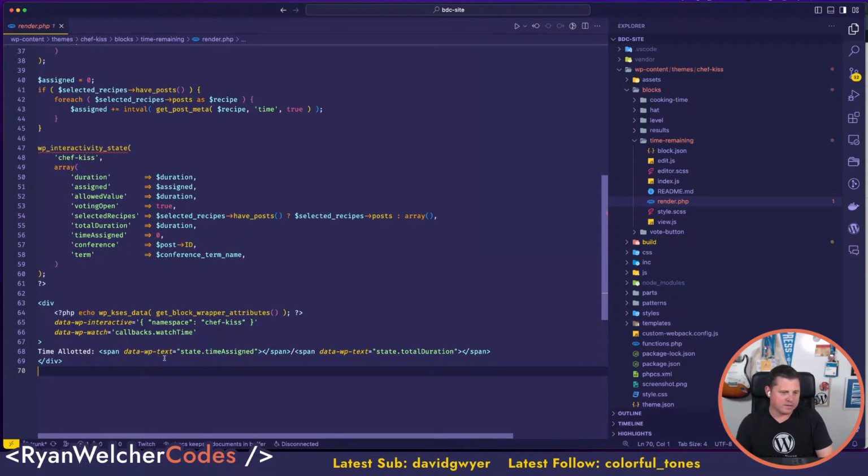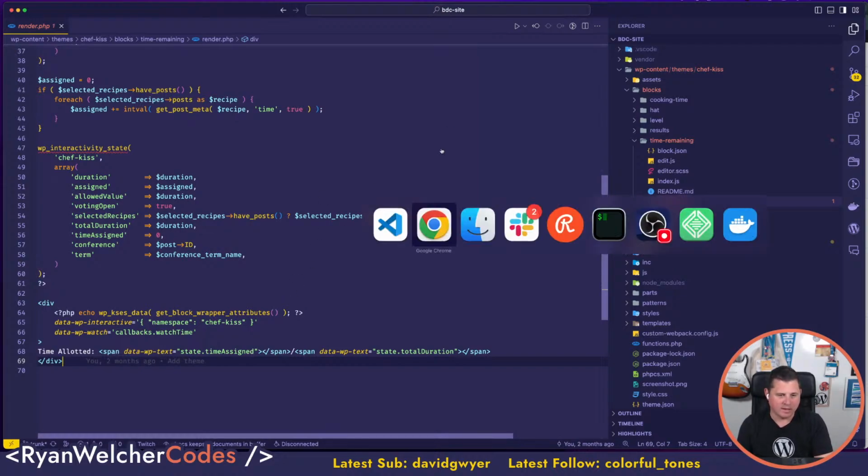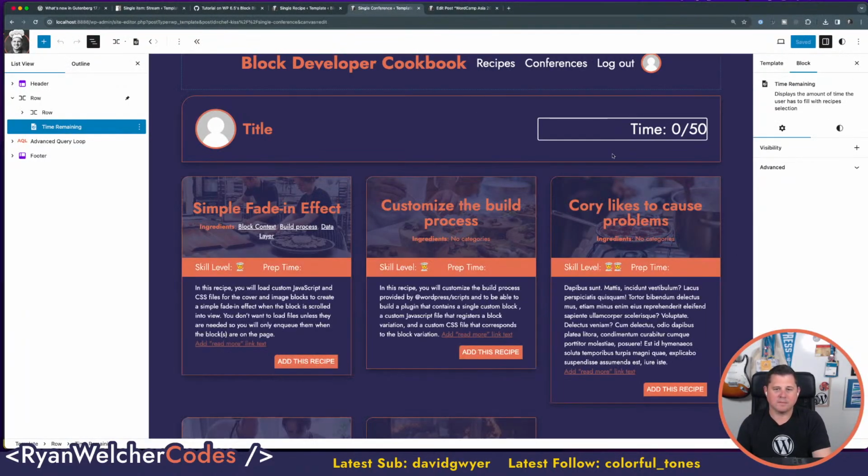And so these things here are all the directives that I was talking about. So we have data-wp-watch, which is basically, like I said, like a useEffect that's going to watch this watch time thing, pretty much. Everything in state is time assigned. So this text is bound to this value. So as the value updates,